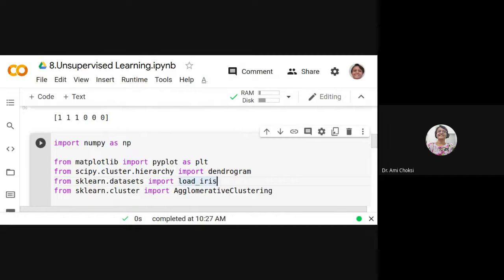In the previous examples, we considered a small sample data set. Here we are using a real data set, that is load_iris. With that, we'll be using the iris data set, which is loaded in our program. So from sklearn.cluster, import AgglomerativeClustering.